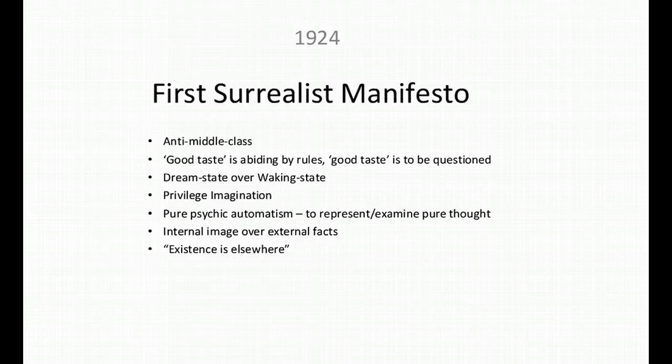So, the first Surrealist manifesto is written by Breton, but there's a lot of Tristan Tzara in here. There's a lot of a continuation of the conversation about that sense of the idiot. The idiot is anti-middle class. Middle class is about order, it's about systems, and it's about everybody understanding where they fit in this newly industrial world. The Dadaists, Tzara specifically, said that we needed a little bit of a wrench thrown in the system in order to keep the system productive. Because without those wrenches, we're never questioning the system, and therefore the system doesn't ever grow.